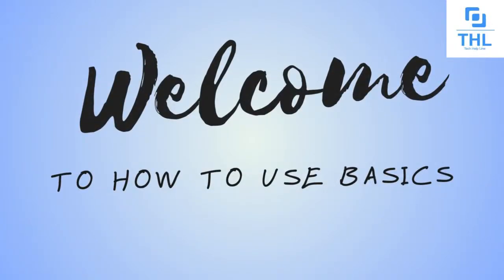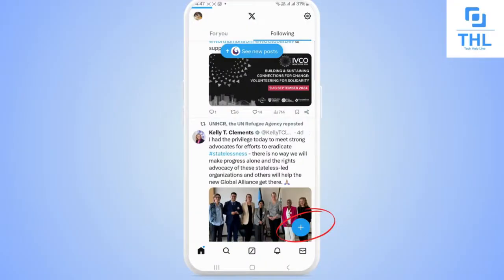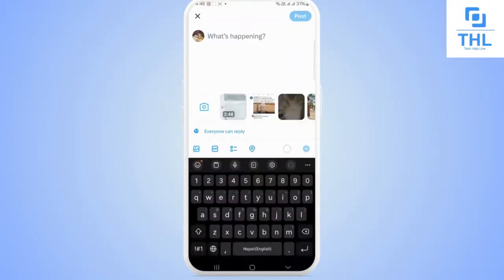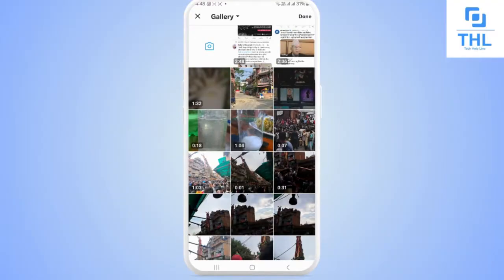Today we are going to learn how to tweet a GIF. Let's begin. Firstly, open your Twitter app, then tap on the plus icon. There you can see the option of post. Tap on it. Over here you can see the option of image,